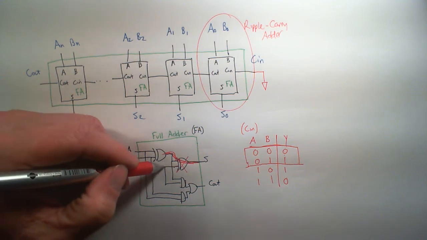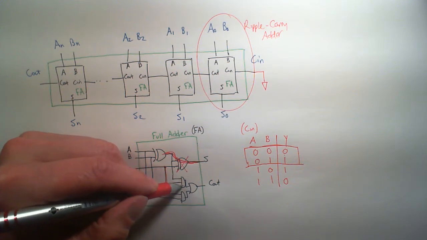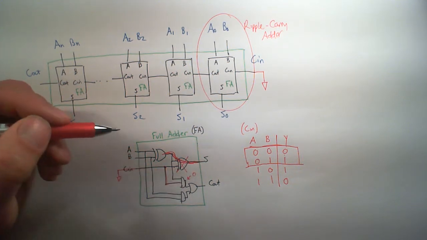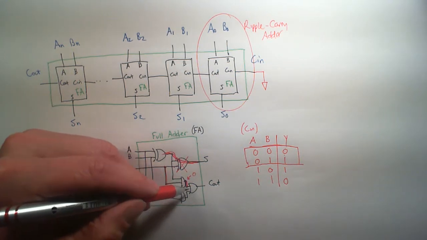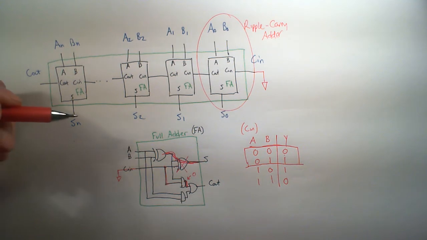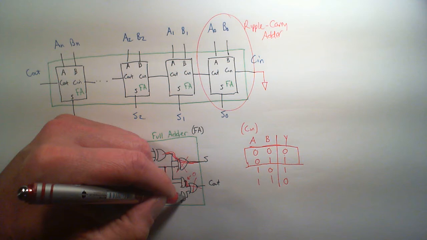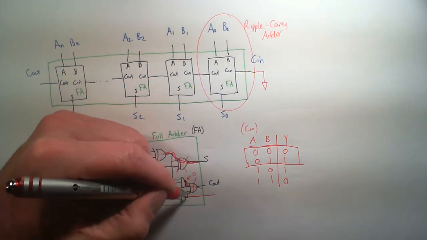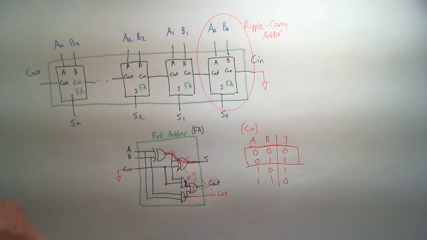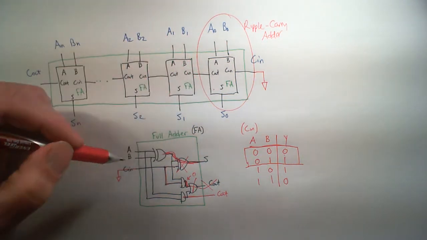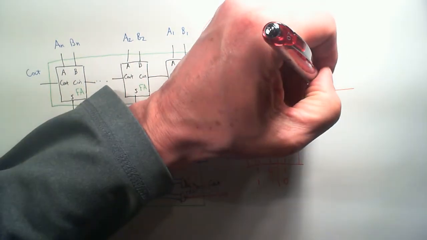Likewise, if this input is tied to ground, then one side of this AND gate is tied to ground, and so that output is always 0, the output of that AND gate that goes to the OR gate. And if the output of the AND gate is always 0 and one side of the OR gate is always 0, I don't need the OR gate either, because the output of the OR gate will always just be the other side, so that can be C out as well. And that means for the least significant bit, where I've tied C in to ground, I can have a simpler circuit